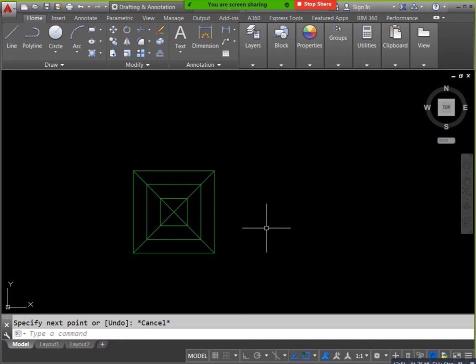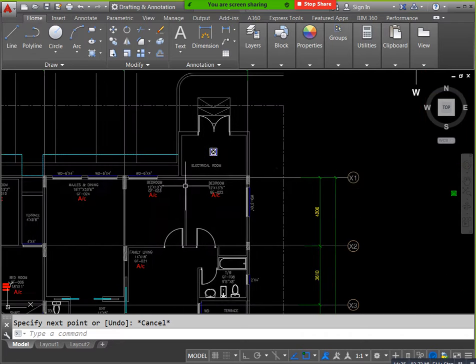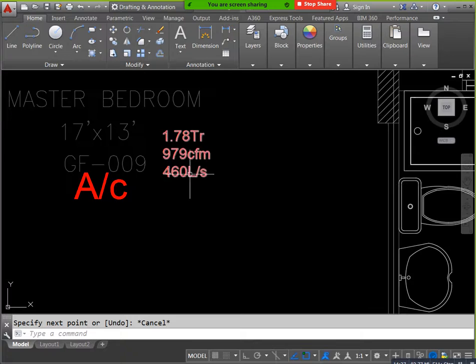This is only a symbolic representation, but you need to maintain this square outer block's exact size, that's it. The remaining we don't need. Here you can mention 50 or 100, that's not a problem. We need only the outer. If you have 450 by 450 from the catalog, you will take that one. If you have 300 by 300, you will take that one, depending upon the catalog or flow. For example, we already calculated in this room 460 liter per second. Whichever diffuser is better for that 460 liter per second, you can create that one. That's not a problem.